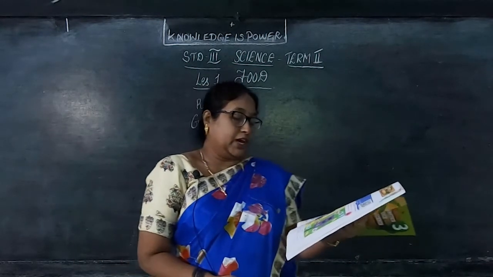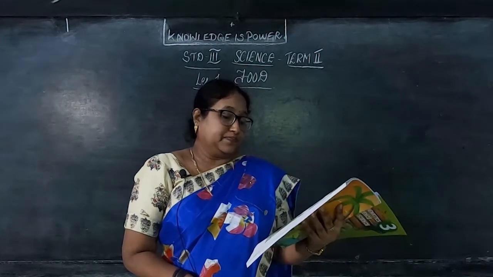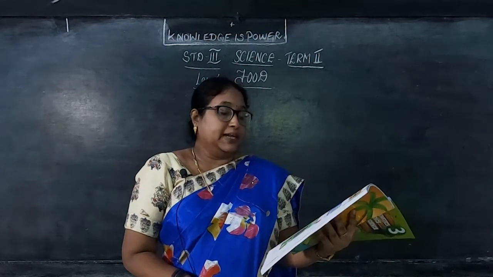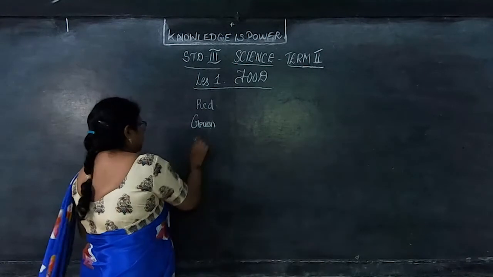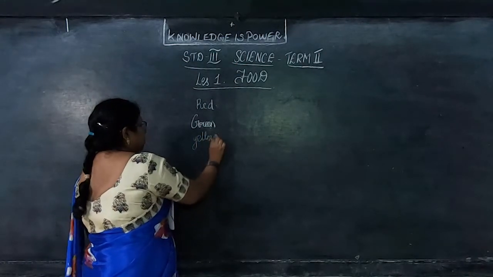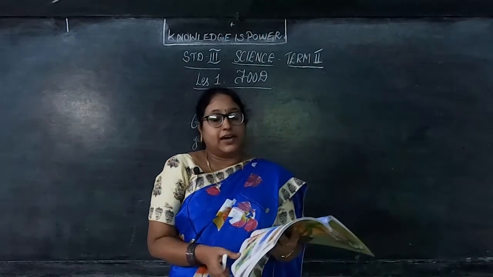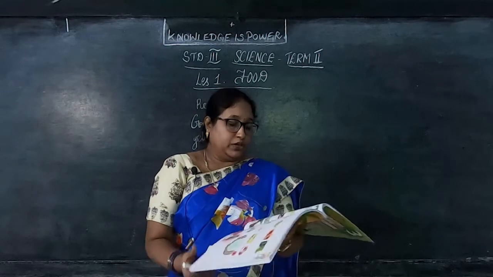Then the food items which can be eaten in small quantities are indicated by yellow color. That is fish, then egg, then prawn, then meat, all these also in small quantities you have to use. That is given in the yellow color. Okay, children, now do you understand? So what are the food you should avoid? What you should eat in small quantities, and what are the items which are healthy food for you. Okay, children. Now we'll go to the lesson now.